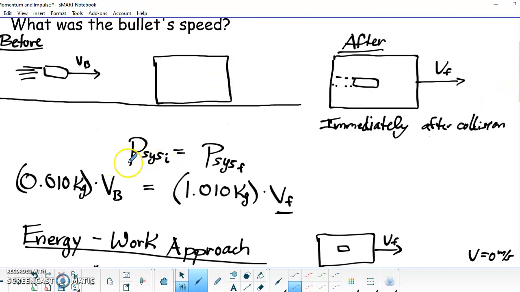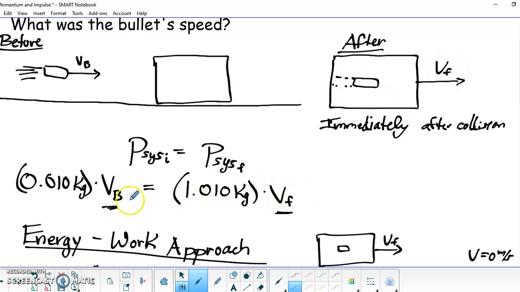That means the momentum of the system initially has to equal the momentum of the system finally before we have friction involved. And the momentum of the system initial is just the bullet, it's the only thing moving, convert its mass into kilograms times its velocity VB. We don't know this, is what we're trying to solve for. And that equals the momentum of the system final, which is the mass of our system, the bullet plus the block. They move together as one mass with one shared velocity, and so we can combine their masses times the